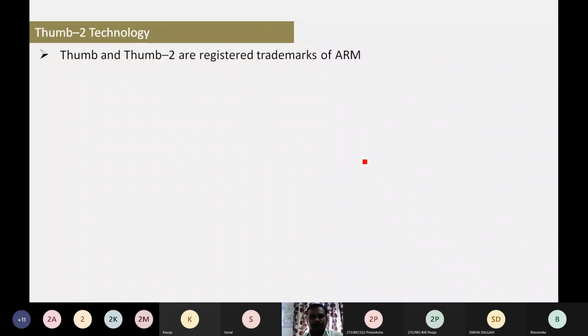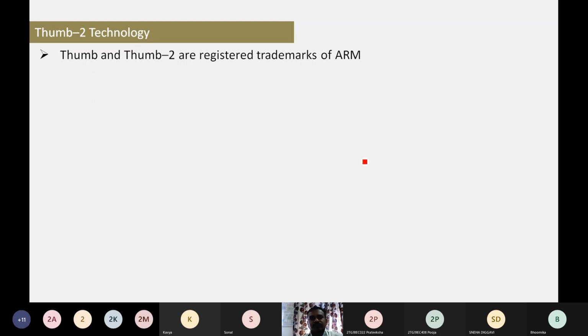Thumb and Thumb 2 are registered trademarks of ARM. The instructions available in the ARM processor are categorized as Thumb, so we may say the Thumb and Thumb 2 instruction set. These are trademarks of ARM.